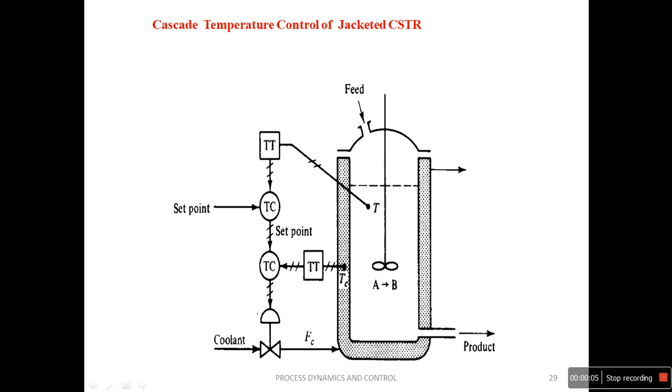Good evening all. So in the last class we discussed in detail the cascade control system with an example of a CSTR, and finally we concluded with a general block diagram of the cascade control system. We'll do a small review of the previous class and then proceed to this class, where we are going to discuss some cascade control systems with other examples, brief explanation, and we are going to conclude this class with some remarks on the cascade control system.